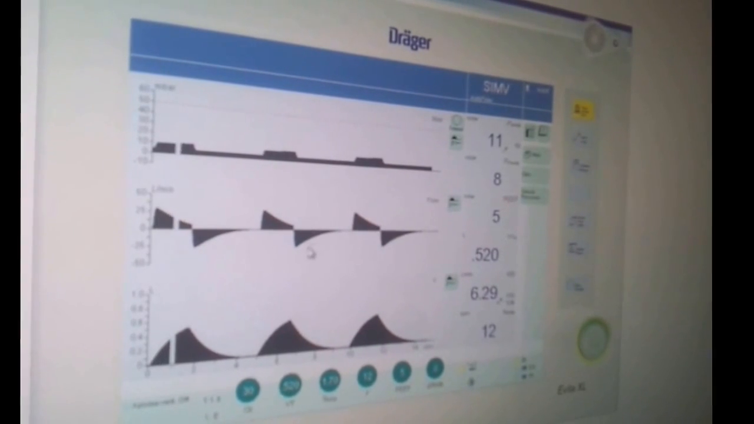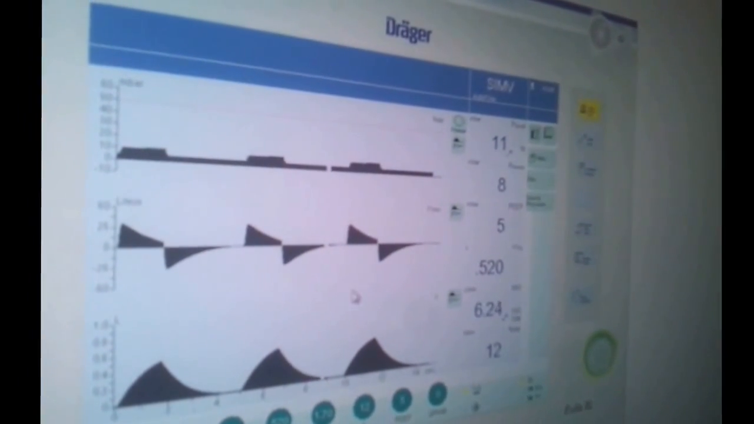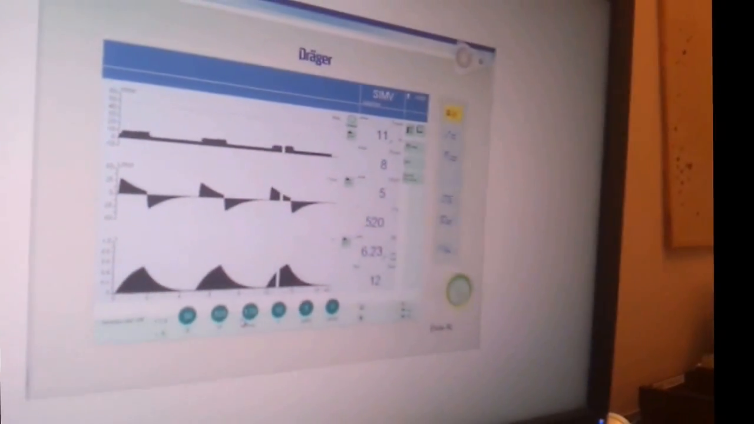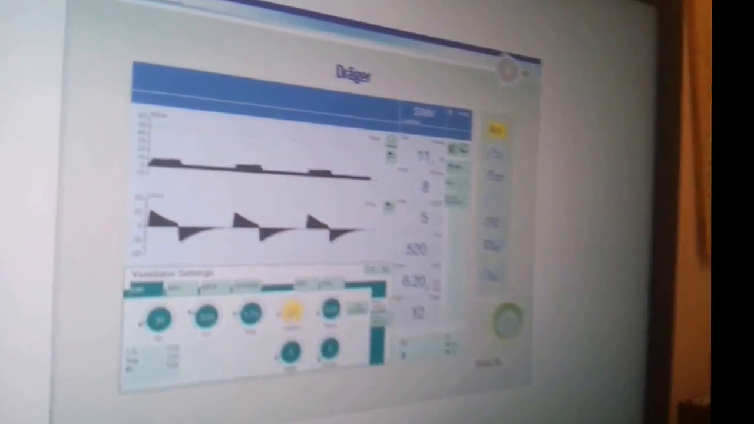Okay? If someone is asthmatic, what will happen? That this expiratory flow will not finish before the next inspiration begins. So let's create that scenario now while we are here. What we could do, that we could increase his respiratory rate